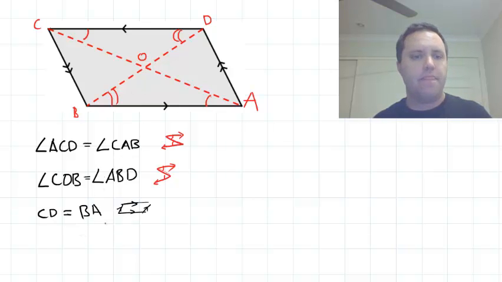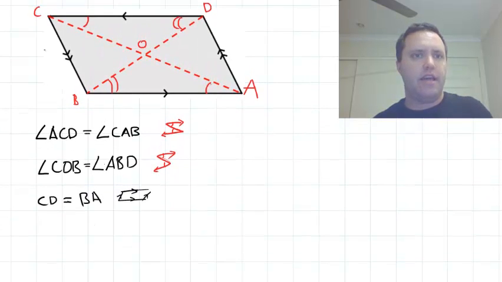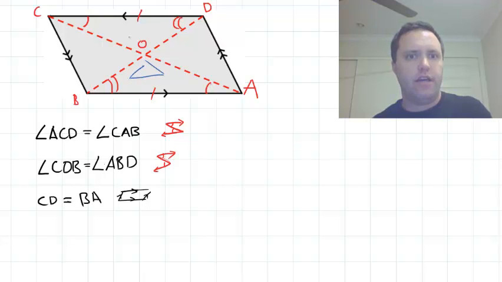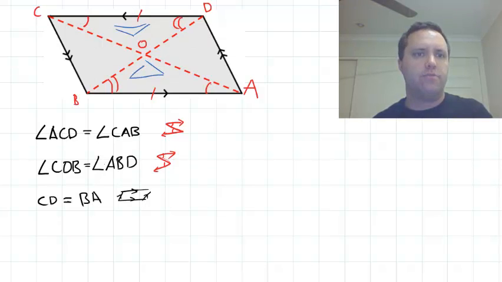So I've said that this is equal to this. Now you'll notice I've got a triangle here and a triangle here, and I've just said that they have two sets of corresponding equal angles and a corresponding equal side. So that means I can say,